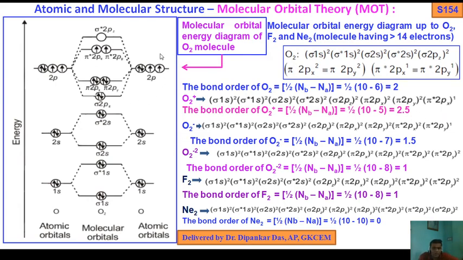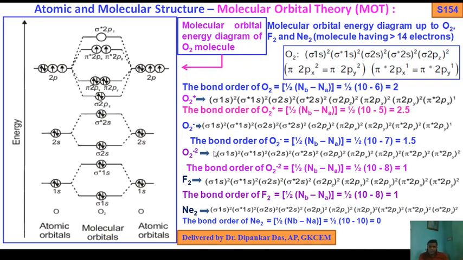Now O2 minus, the electron comes to either pi star 2px or pi star 2py, that is pi star 2px square, pi star 2py 1 or pi star 2py square, pi star 2px 1. So for O2 minus, this one, pi star 2py 1, pi star 2px square. So bond order will be 1.5.